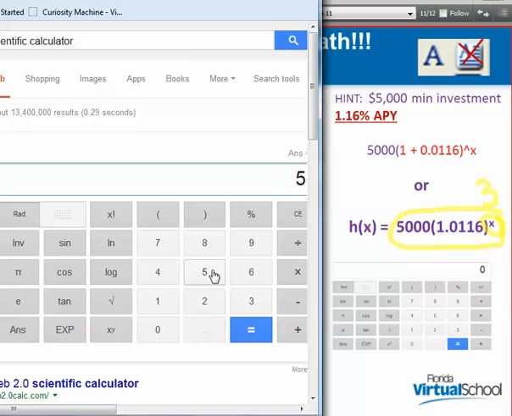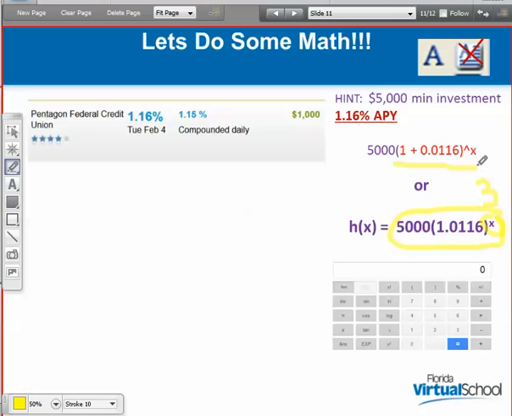Okay, so plugging it all in, I would go 5,000. I would go open parentheses, 1.0116, close my parentheses, and then using this button here, I'm raising it to a power of 3 because this is my 3-year CD. And then I click equals, and that gives me my total dollar amount after 3 years given this here, okay? So given my percentage here, convert it into a decimal, convert it again into a function,